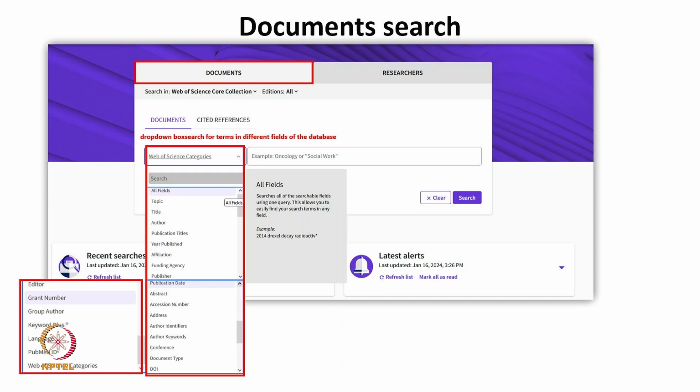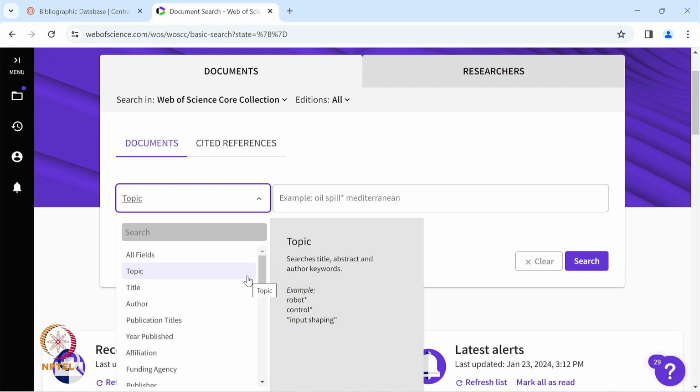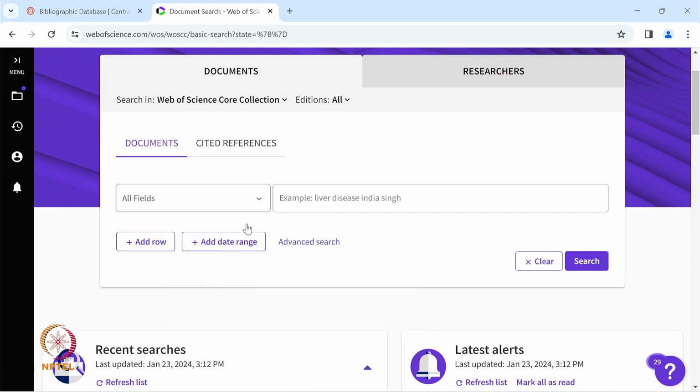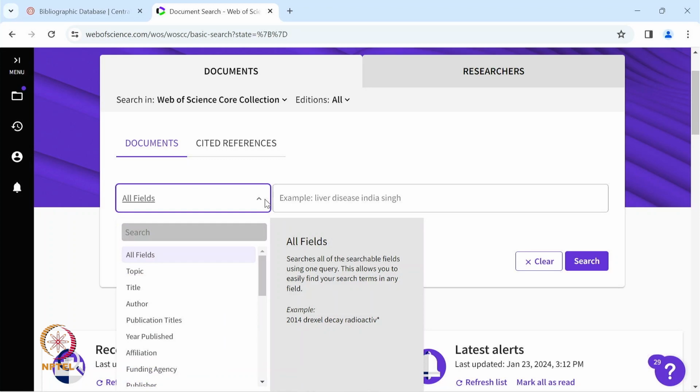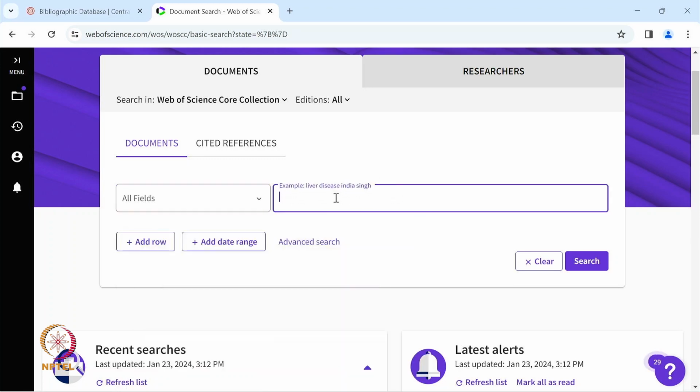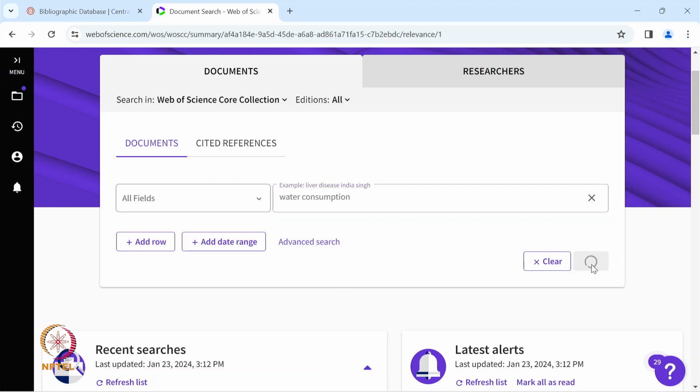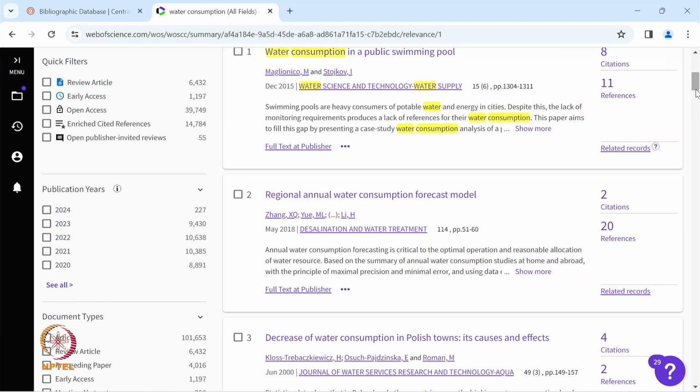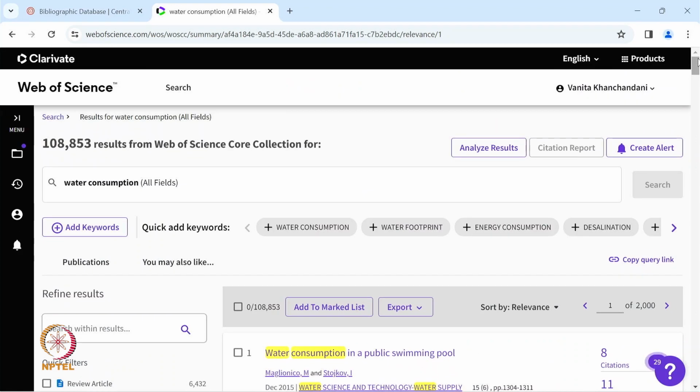So first of all we will do the document search. In document search various fields are there like topic, title, author, publication titles, year and so on. I am taking one example in all fields, like water consumption. You can take any keyword. So one can see that we have got 1,08,853 results,